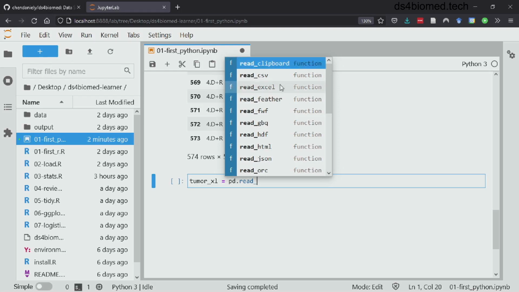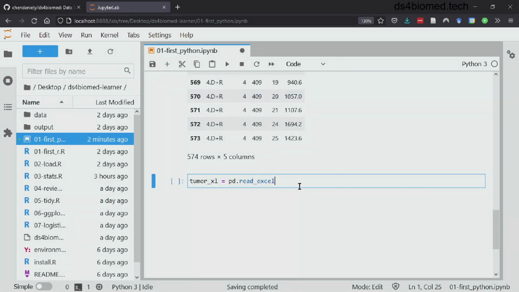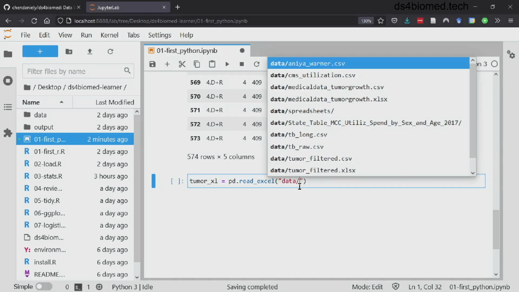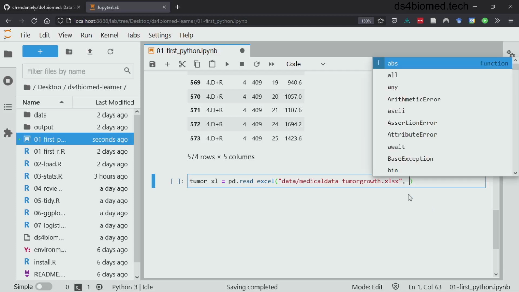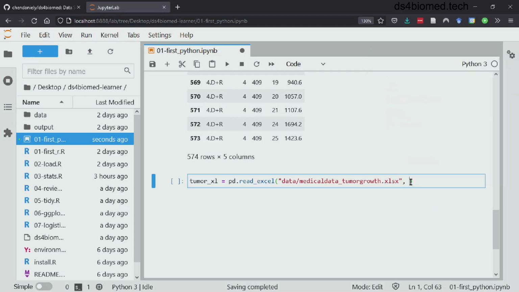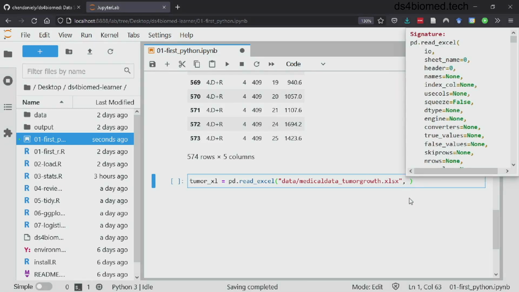One thing, I showed you read CSV, but another thing that's built into Python is the function called read underscore Excel. And this looks exactly the same as the read underscore CSV function, except now we need to put in the proper file extension for Excel files. By default, it will load up the first sheet in the Excel file, but if we hit comma and then the shift tab key, we get the little help documentation for this particular